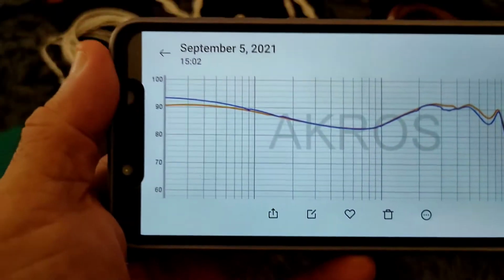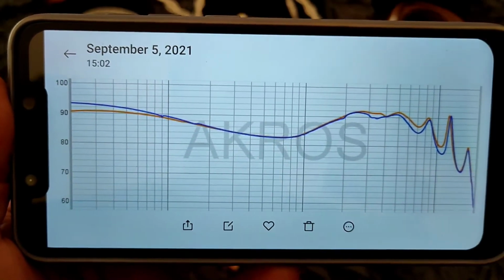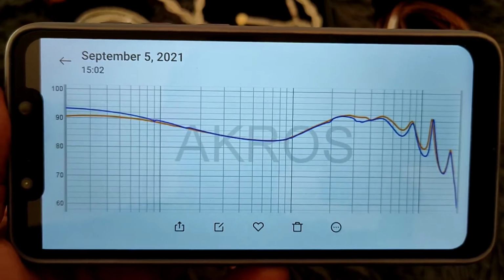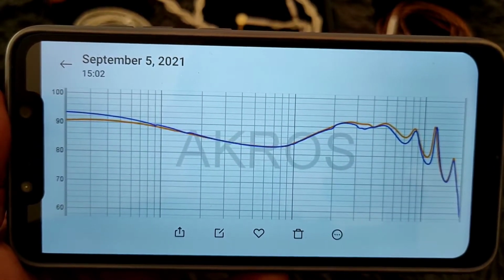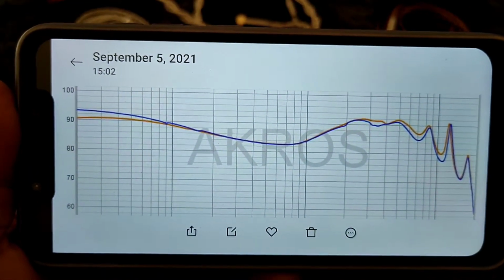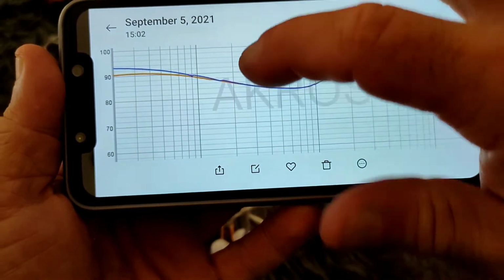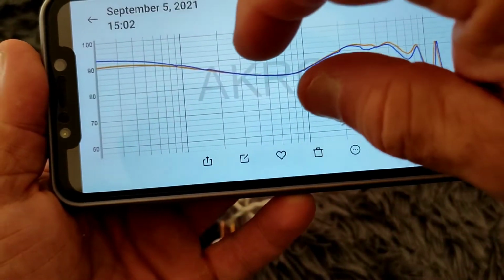Okay, so the orange line, let's put it that way, that's the Oxygen, and the other line, the bluish purplish line, is the Hana 2021, and where you can actually see that there's only an increase in, let's say, response